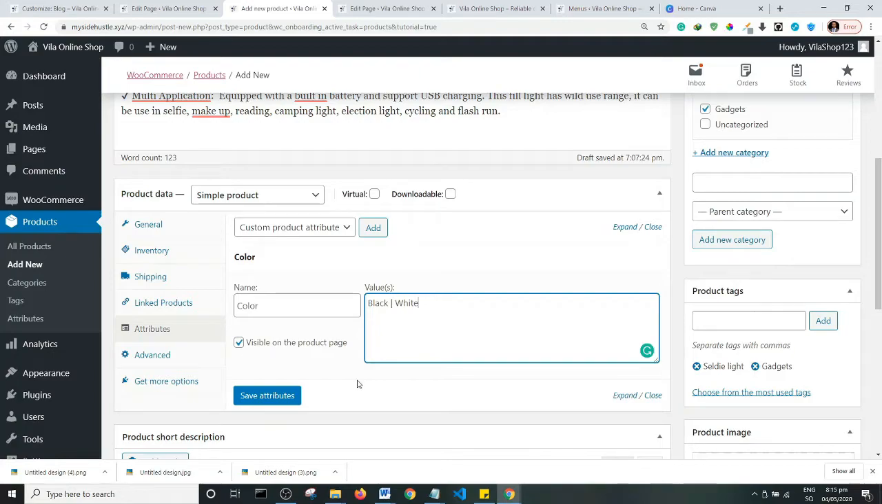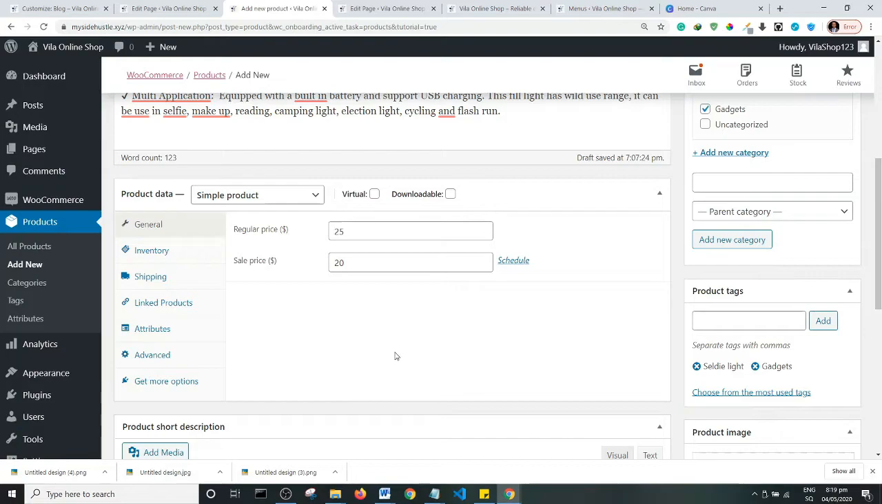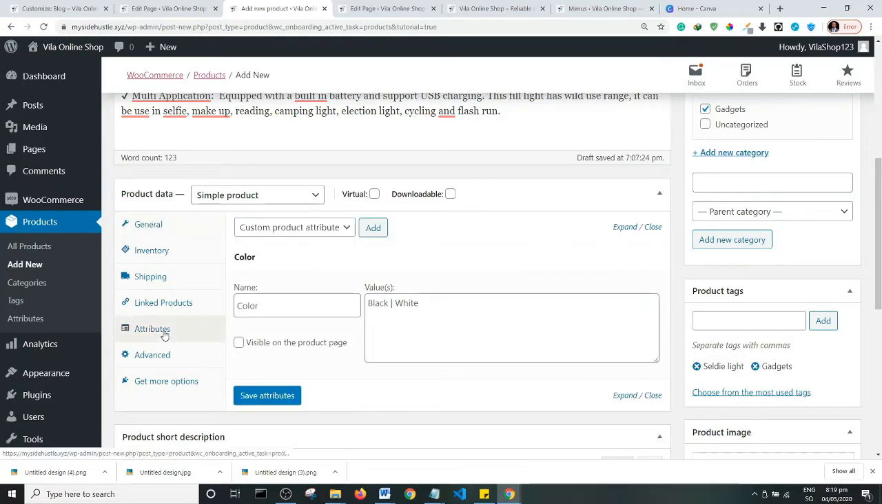Okay, so basically this color attribute has two values or two properties, black and white. Okay, now I'm going to click on save attribute. So now remember, we've set the color to black and white, but this is